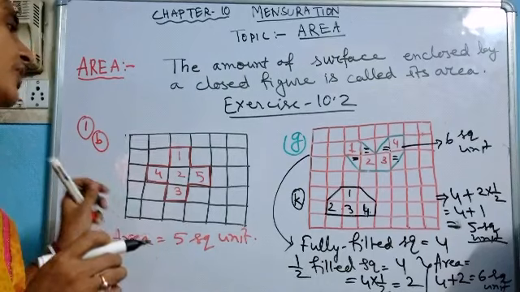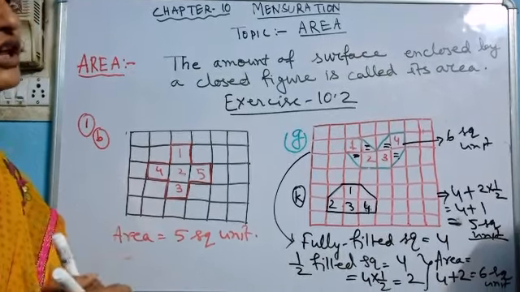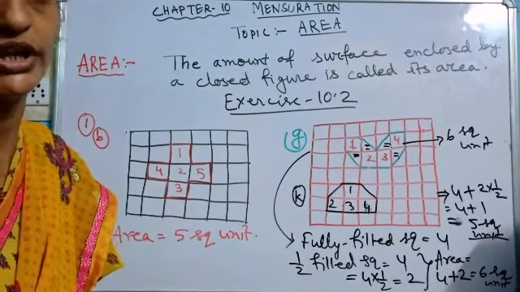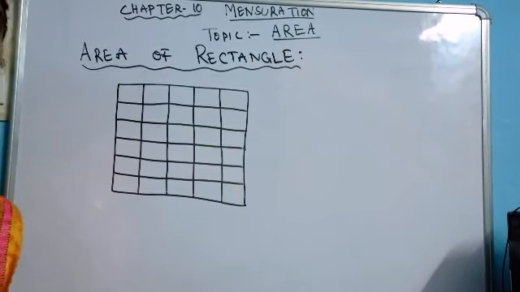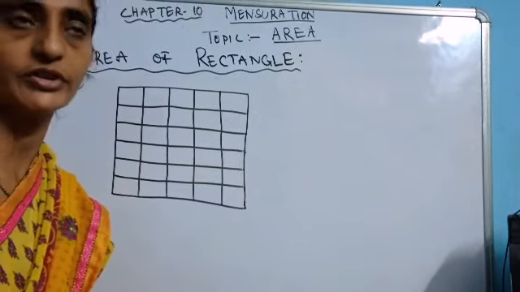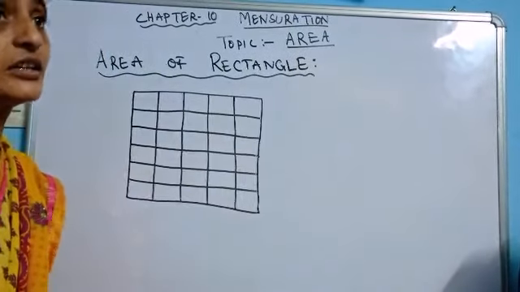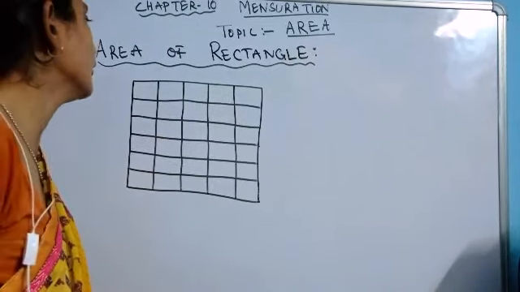Okay, so after that we will come to some regular shapes like a rectangle. Let's see how we can find out the area in this case. Already you are acquainted with the square box, how to measure the area of a given shape. You will put it over there, then you will count the boxes. Now let's discuss how to find out the area of a rectangle.